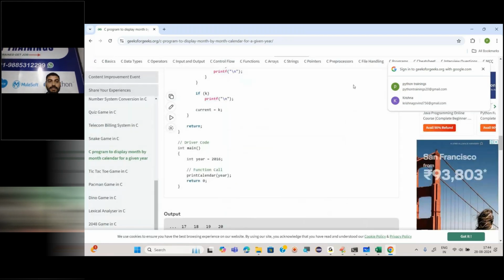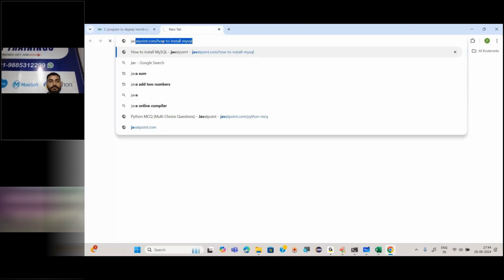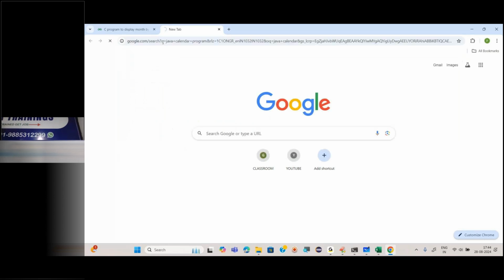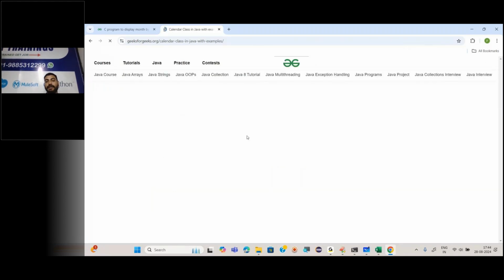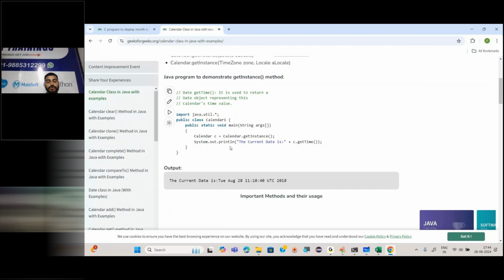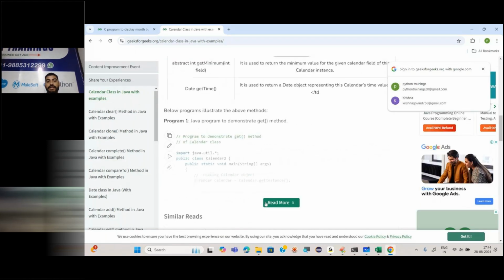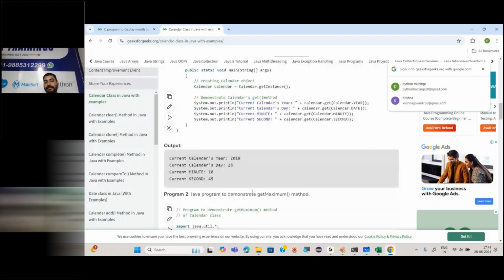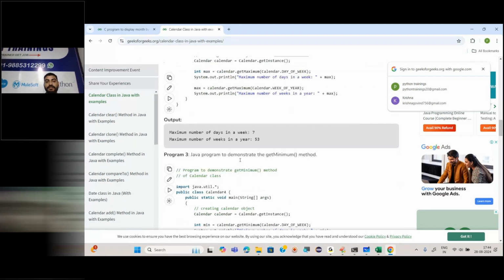Similarly, you check it for Java also. Java calendar program. Check it. Java is also having a kind of thing, but to get the calendar just like this, current calendar year 2018, and so many things we can create.